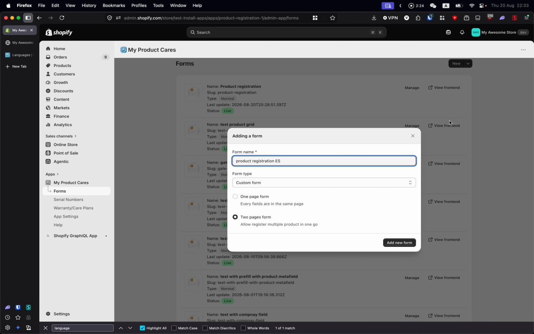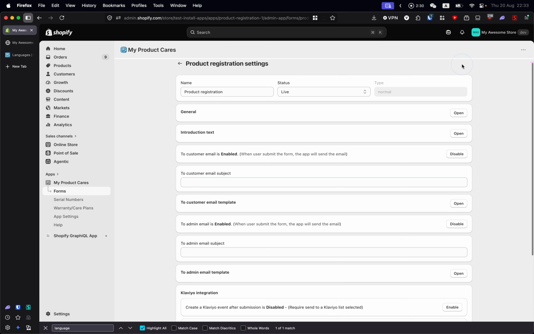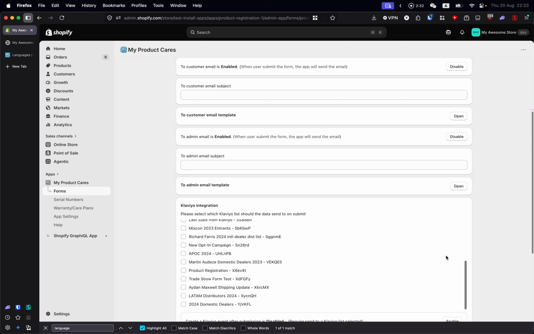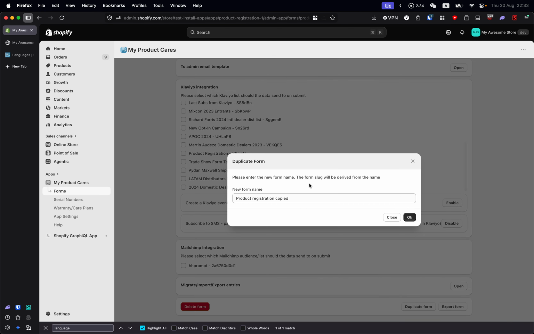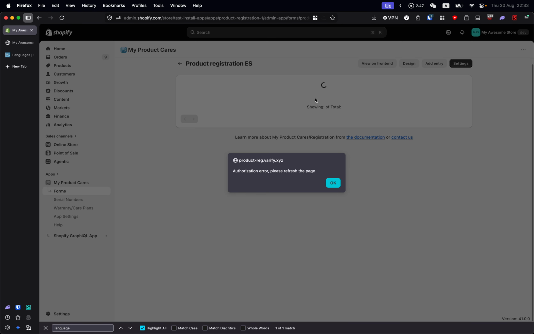You can create a new one, or if you prefer using the same form, you can actually go to the form itself, settings, and then you can duplicate the form. In here, all you need to do is change to ES. This way allows you to have the exact same form with exactly the same settings. But what you can do is